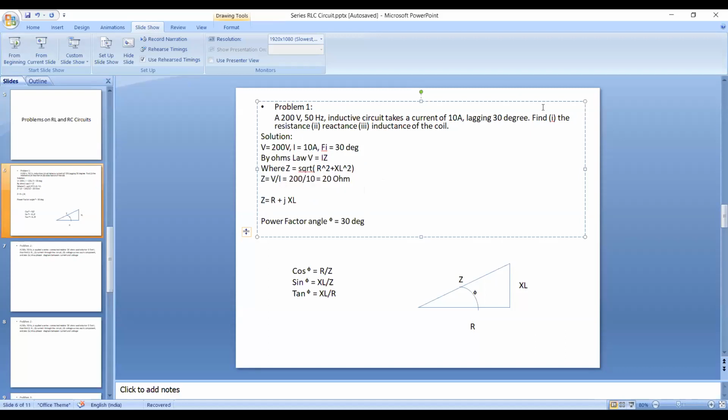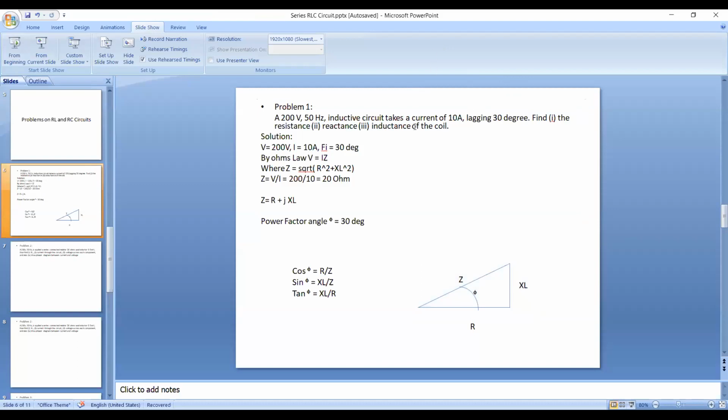Now you need to find the parameters of the impedance, that is resistance and reactance. How do you find the resistance and reactance? Whenever a problem of this kind is given, you need to look at this important data, that is the phase angle. So you can quickly draw this impedance triangle